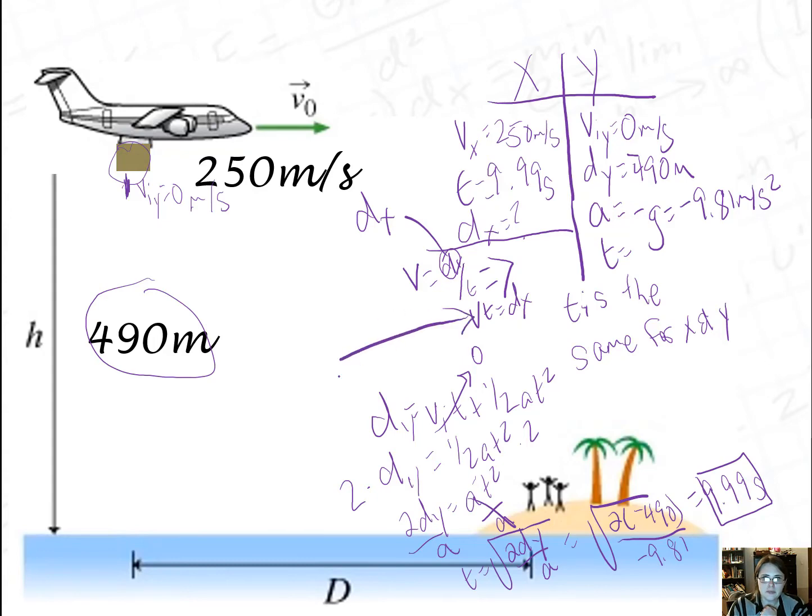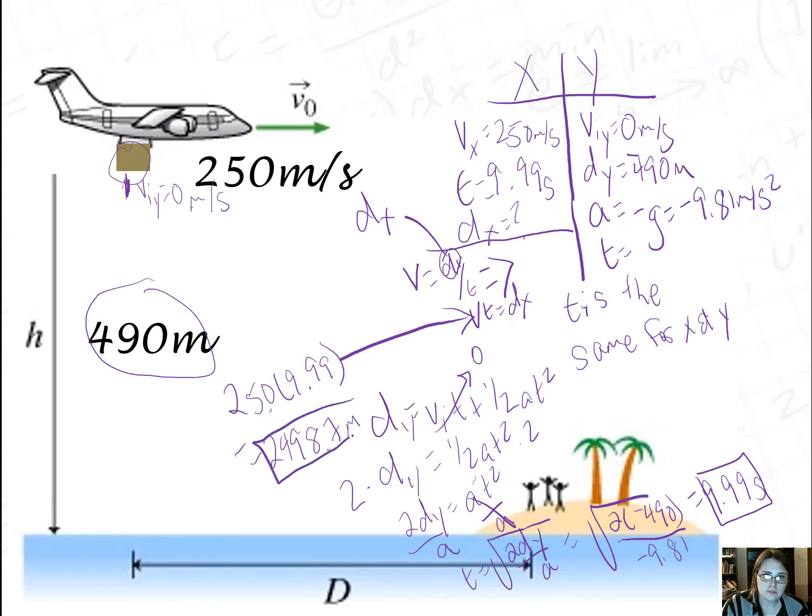And if we plug in, this is going to be 250 times 9.99. And that's going to be 2,498.7 meters. All right, that's what